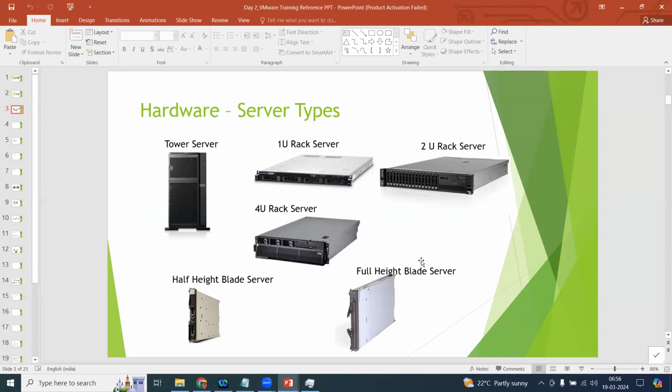These types of server models are there: tower servers, rack servers, blade servers. These three categories, whichever vendor you go with, Dell, IBM, Cisco, any vendor, these kinds of server models are available to install any kind of operating system. What operating system are we going to learn about? We are going to learn about